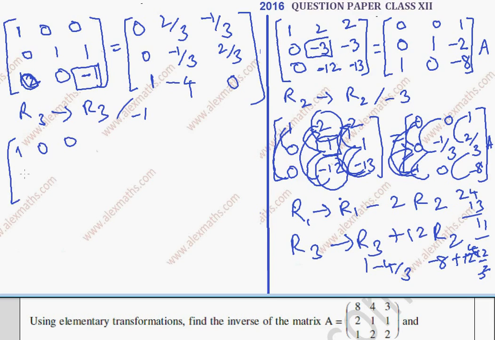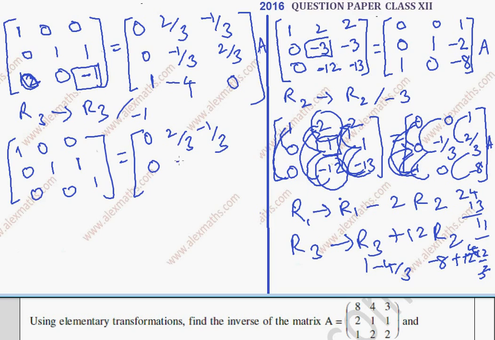So first row as it is, second row as it is, third row this will become 1. Okay. Actually this is 1. Then 0 0 1. And on the other side 0 2 by 3 minus 1 by 3, and we have to write A here. Then 0 minus 1 by 3 2 by 3, then minus 1 4 0. Now we have to get 1 here, but already we got, and I have to make 0 here using this one. That can be done by doing